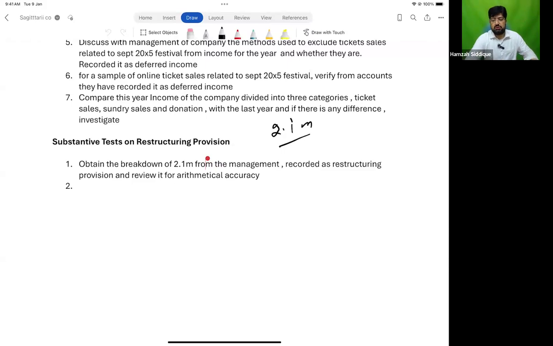Okay, so verify from the breakdown that only costs related to restructuring are included in it, and no